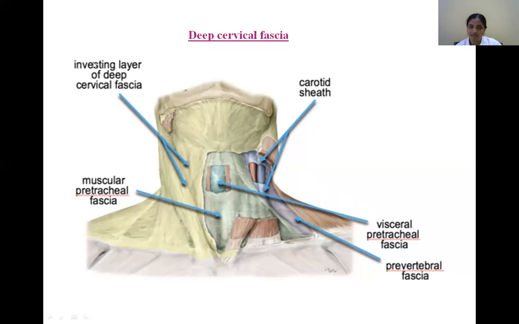So why is it known as the investing layer? Because on its course it is enclosing some spaces. Here you see just above the manubrium, the suprasternal space. Just above the middle third of the clavicle, the supraclavicular space. Right? And it is enclosing two muscles, the sternocleidomastoid muscle and what is this? Trapezius muscle. Whereas it forms two fascial slings. Already all these structures were discussed in the previous classes. So in this dissection, how will you identify this investing layer of the deep fascia? Once you reflect the platysma muscle, immediately you can identify the investing layer of the deep fascia. Clear?